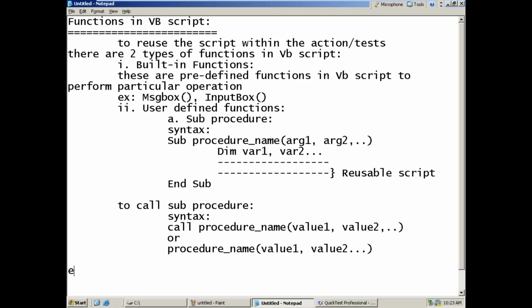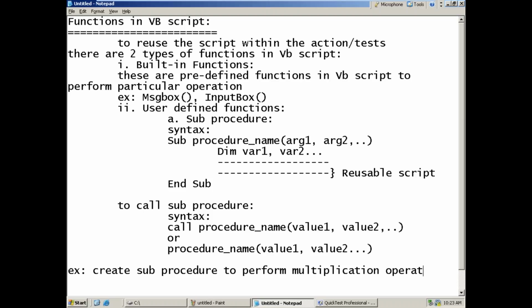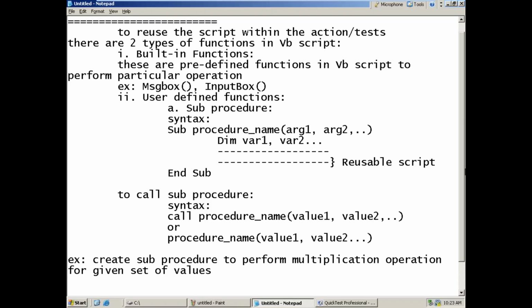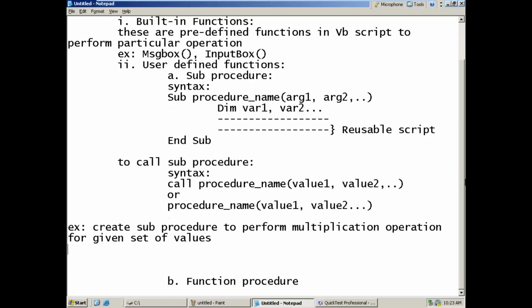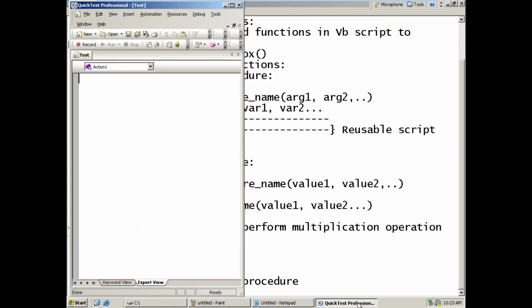Now here I want to create one sub procedure to perform the multiplication operation for a given set of values.